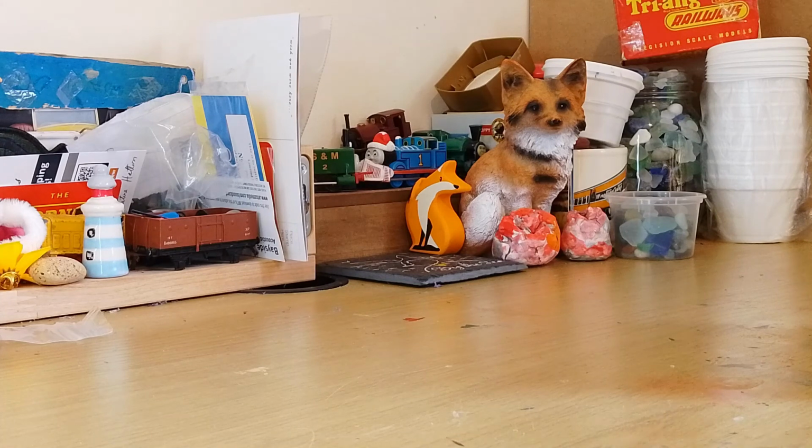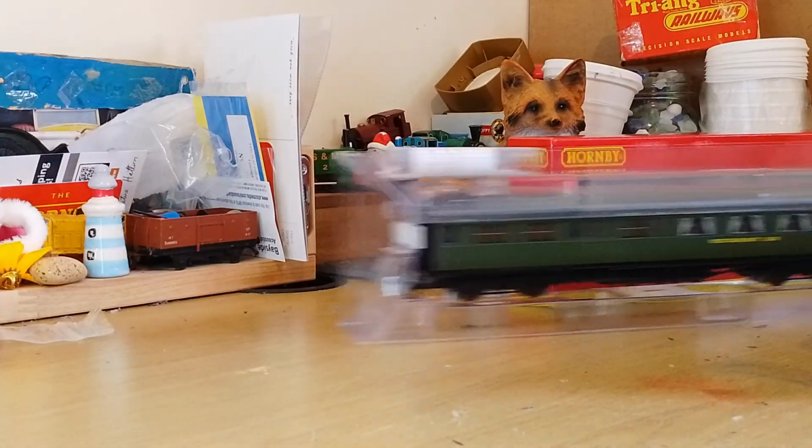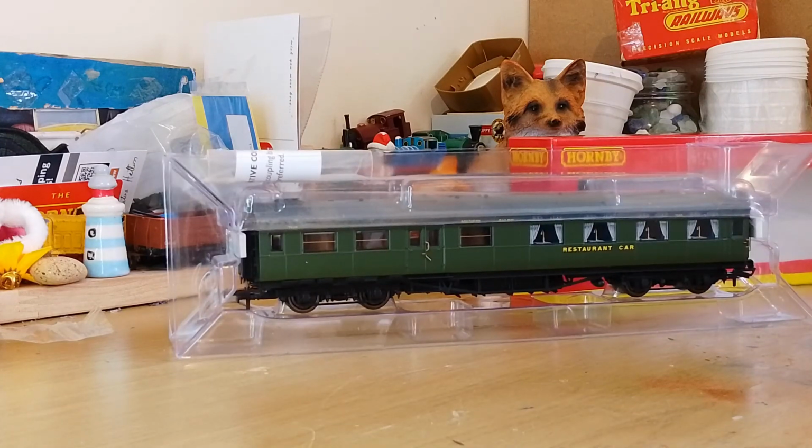They came out in 2018, or they were announced or introduced in 2018 by Hornby. This one is from 2021, and it was designed by Richard Maunsell and is the diagram 2656. I did some Googling and found lots of very complicated things to do with refurbishing them, but these ones were built around 1932 to 34, and the livery is an olive green, which is suitable for the late 30s,